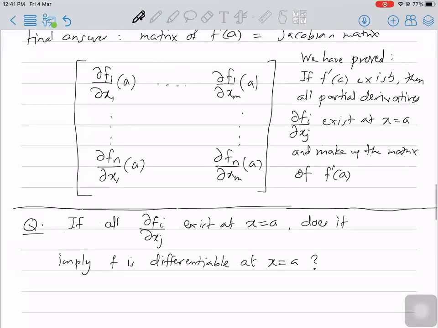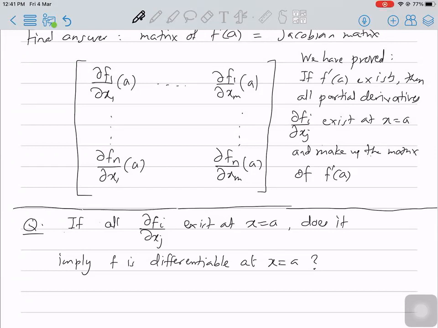And the answer to this question is no. This is quite a different thing from what happened in one variable, right? Because there is only one partial derivative, so these two are the same statements. So the point over here is that what can happen is that